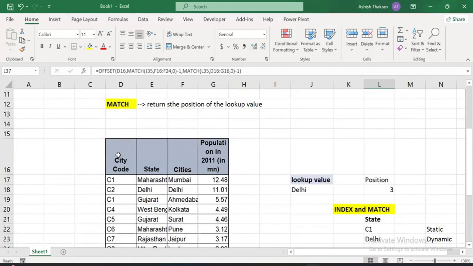मतलब जो टेबल स्टार्ट हो रही है, इसलिए लिया है हमने यहाँ से। जैसे इंडेक्स में हम पूरा टेबल सेलेक्ट करते थे। ऑफसेट में हम एंटायर टेबल सेलेक्ट नहीं कर सकते, हमें एक रेफरेंस पॉइंट देना होगा कि मेरी टेबल कहाँ से स्टार्ट हो रही है। तो मैंने कॉर्नर पॉइंट सेलेक्ट कर लिया कि मेरी टेबल इस सेल से स्टार्ट हो रही है, और इस सेल से मैं राइट हैंड साइड और डाउनवर्ड डायरेक्शन में जा सकता हूँ।